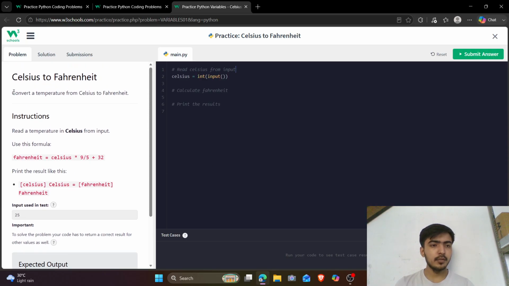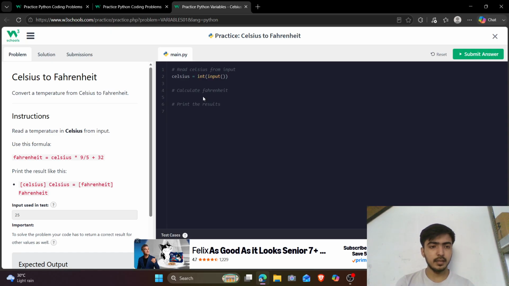What we have to do is convert temperature from Celsius to Fahrenheit. Usually we use temperature in Celsius, and we need to convert it into Fahrenheit. We can convert through our code. Read the temperature in Celsius as the input given. Someone has given a temperature in Celsius as input to us, and we have to convert it into Fahrenheit and print it. So we can calculate Fahrenheit using, I will take Fahrenheit